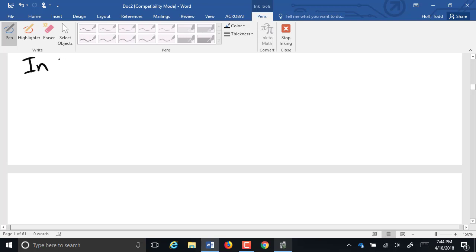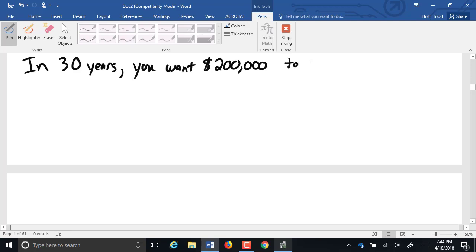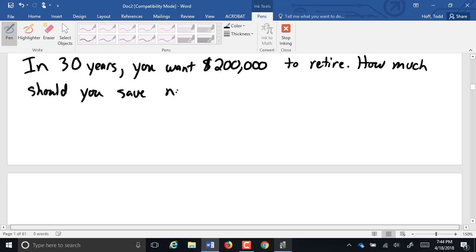In 30 years, you want $200,000 to retire. You're not going to make it, huh? How much should you save now? Now, in a 30-year investment, I should say in the stock market, the average annual gain on any 30-year